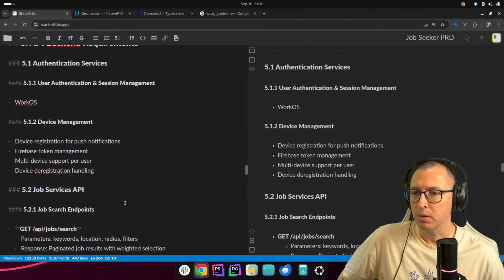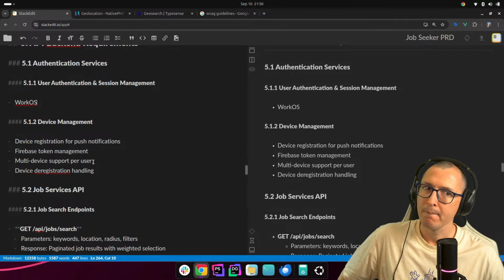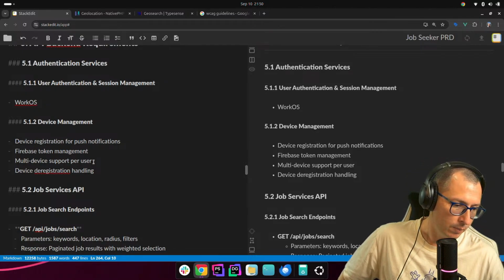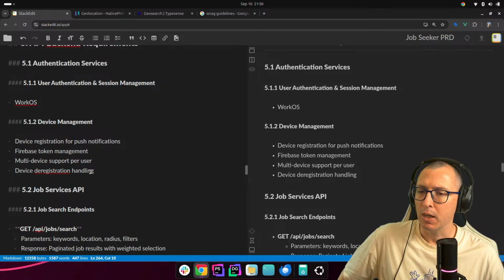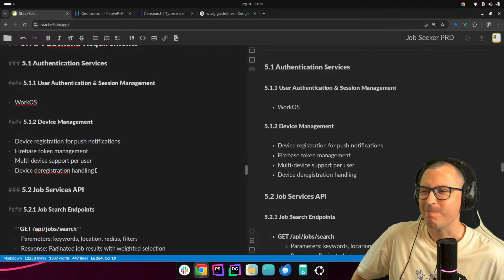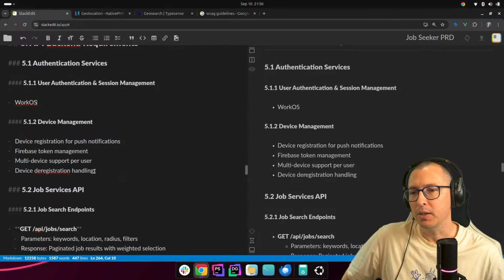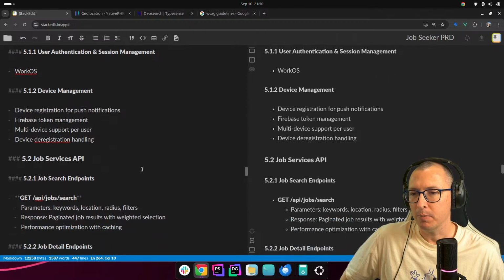Device management, device registration for push notifications, that's on native PHP. Firebase token management, multi-device support per user. That's an interesting concept. Device deregistration and handling. I mean, it is important to have. We'll see. Yeah, let's keep it in.